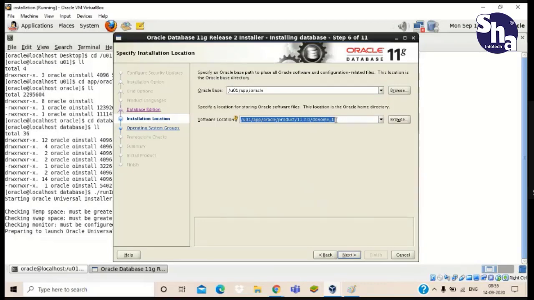Coming to Oracle Home, what is Oracle Home? After we install this software, Oracle Home is created, meaning this path will be created after installing.